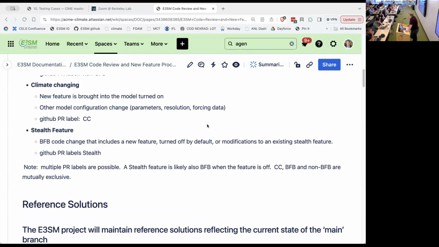It's just a way of noting that there's a lot happening here if you turn that little flag on. And what we want you to do is actually test the model with the feature on, even though you're proposing to put it in with the feature off, because we don't want to find out later down the road what happens when the feature gets turned on. We want to know when it's accepted into the code.